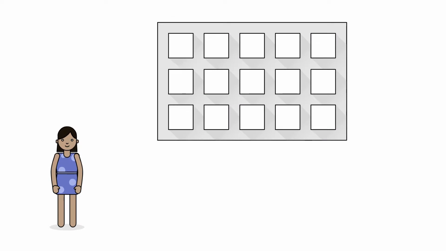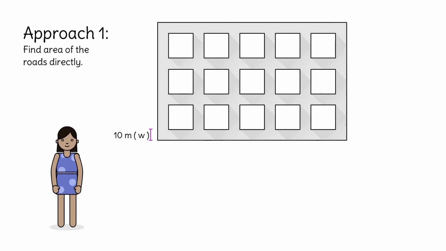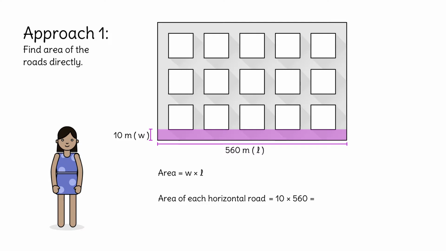There are often many ways to solve composite area problems, and Janet starts by trying to find the area of the roads directly. The roads are 10 meters wide. The horizontal rectangles of the roads are 10 meters by 560 meters. We calculate the area by multiplying the width times length, so each of the horizontals has an area of 5,600 square meters. Since there are 4 of them, we multiply by 4 to get 22,400 square meters as the area